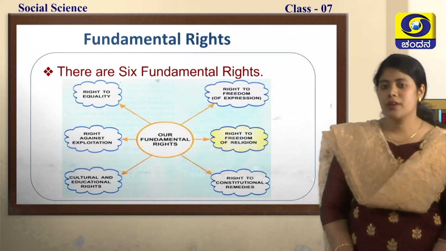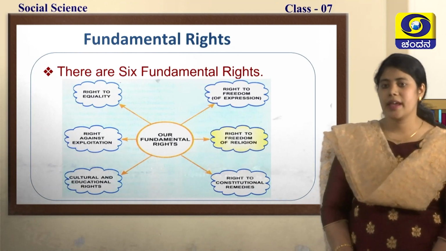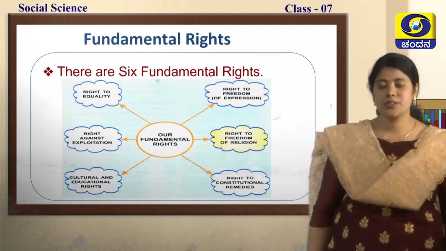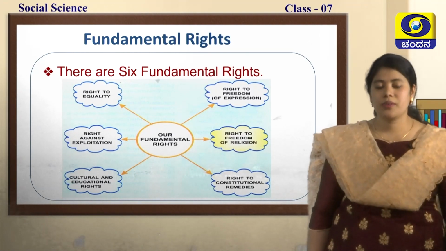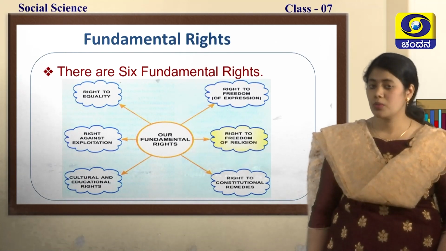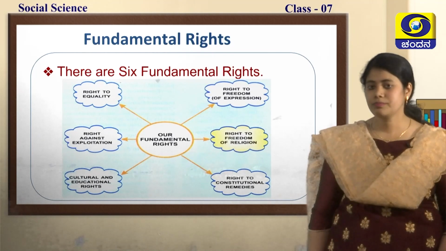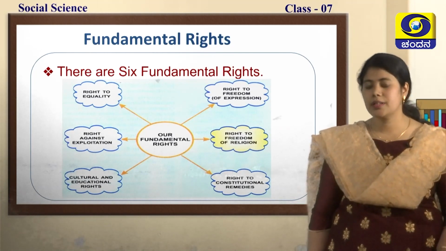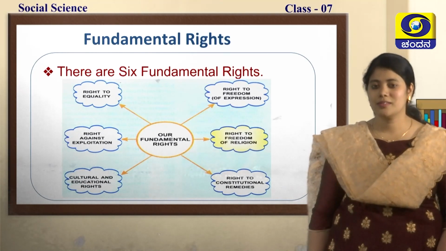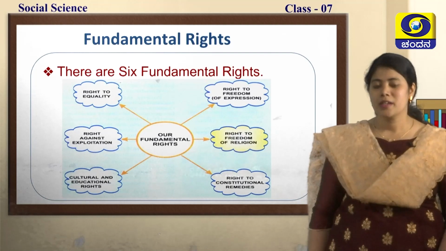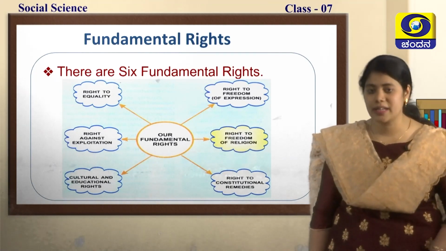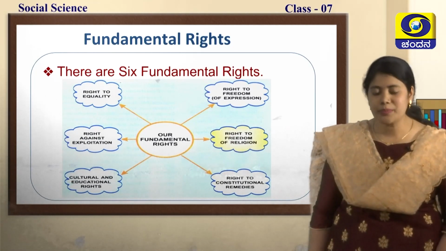Now, we are going to look into the right against exploitation. What is this right against exploitation? Our constitution has given a right to the poor sections, the weaker sections. Do you know who the weaker sections are, dear students? Children, very good. Then? Women. Then? Yes, obviously the poor. So, even these weaker sections have the right. If they are getting exploited, they can directly approach the court.